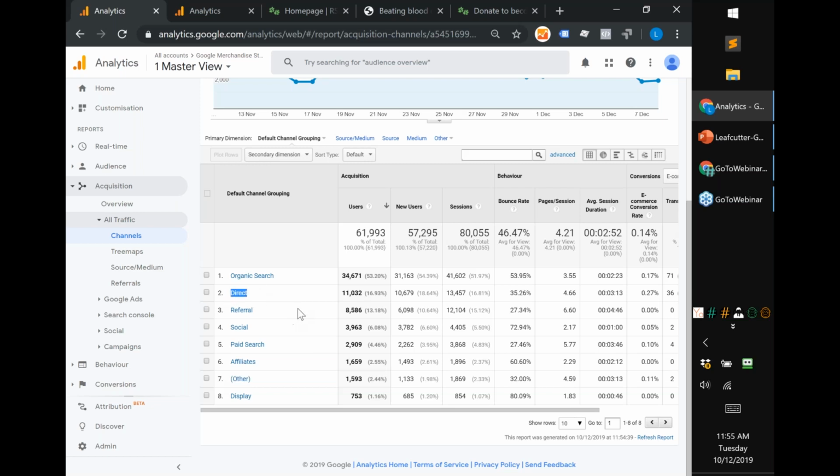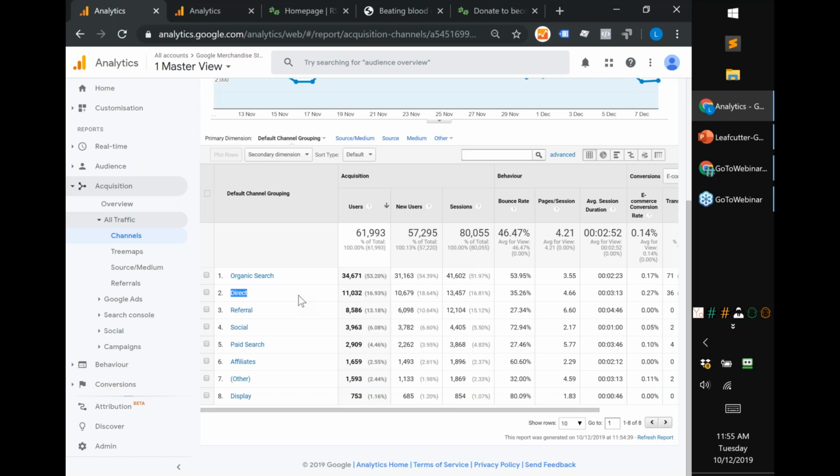Direct is that uncategorizable traffic where Google Analytics has no idea. That can happen because someone typed in the URL or they used a bookmark, that, as the name suggests, direct. It can also happen for a few other reasons. It could be that someone followed an email link in, say, Outlook, the application, or the Mac Mail application.